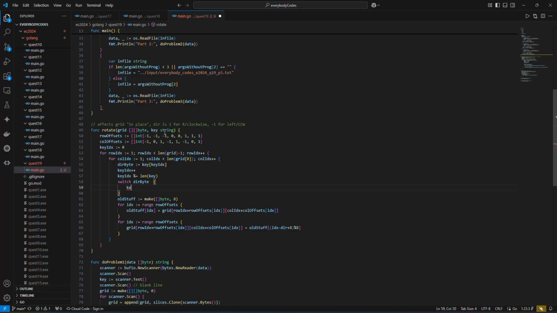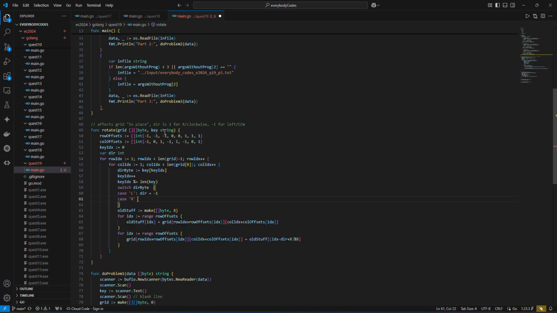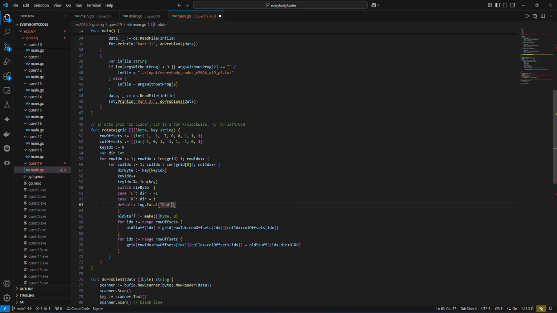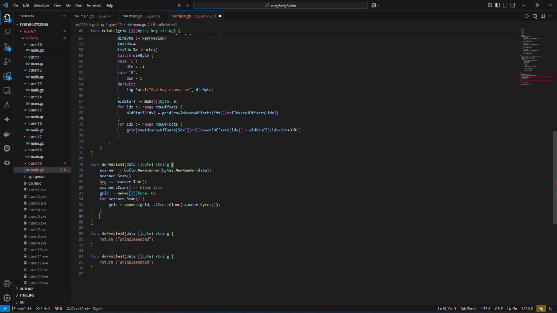switch dir byte, case l: key dir equals -1 int, case r: dir equals 1, default: log.Fatal bad key character dir byte. Problem 1 there, and then I will